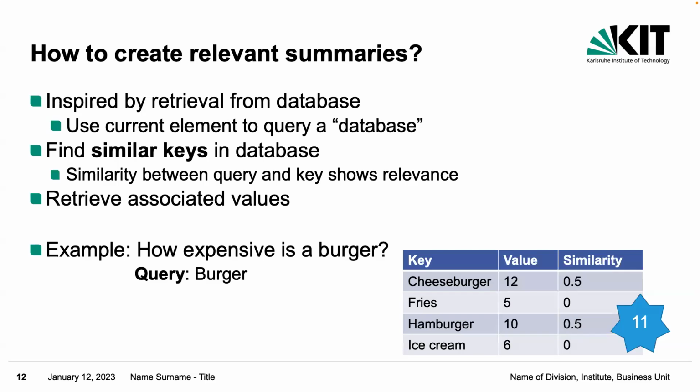And then, how do you get the price? You do exactly that: the weighted sum. You multiply your similarity with the values that you have. So here it would be 0.5 times 12 plus 0.5 times 10, and so you get 11, which is a good result for that. And that is how you implement this in